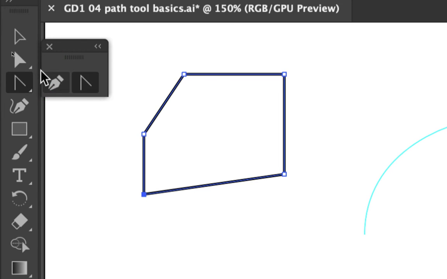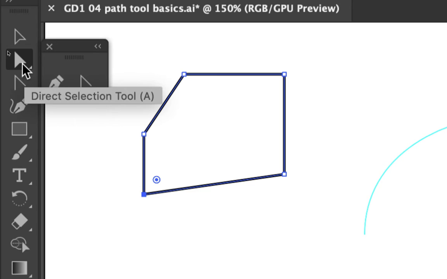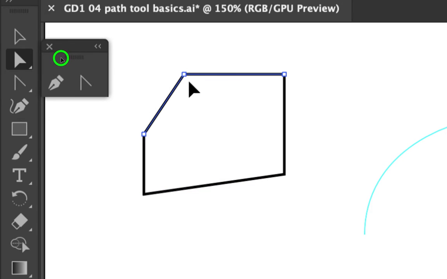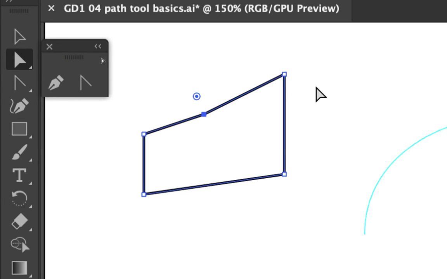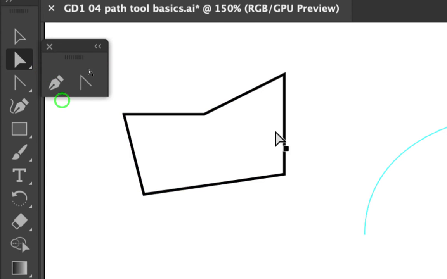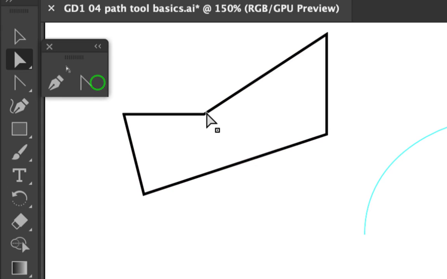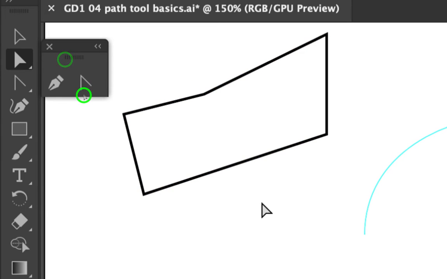There you go. Now if I use my direct select, I can select one of these anchor points, as long as they're all white at first. I can click on one and move it around. Deselect, click and drag over two, then I can move two. I think that's about it for the start. Yep. And also,